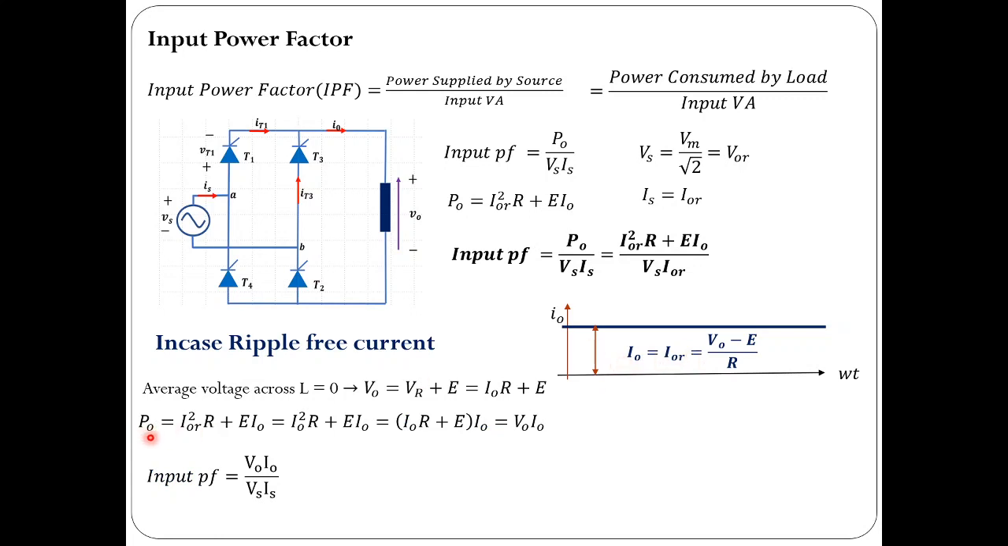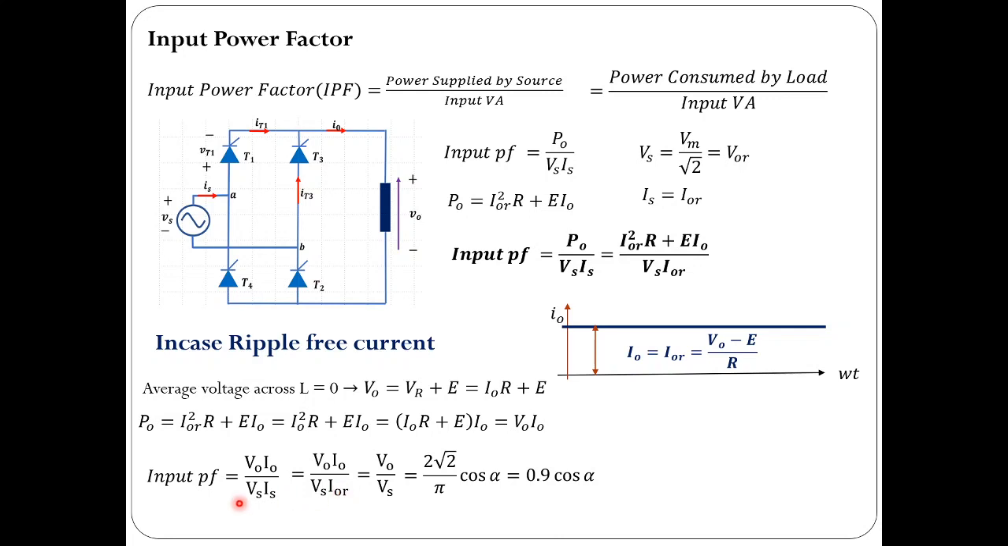So in the formula for P naught, that is the power absorbed by load, we replace IOR by I naught, and if you simplify further, you get P naught, that is power absorbed by load, is equal to V naught into I naught, that is average value of output voltage and average value of output current. So substitute this in place of P naught in input power factor. You would get input power factor is equal to V naught into I naught by Vs into Is, and Is is same as IOR and IOR is same as I naught. So both would cancel out. You would get input power factor is equal to V naught by Vs,